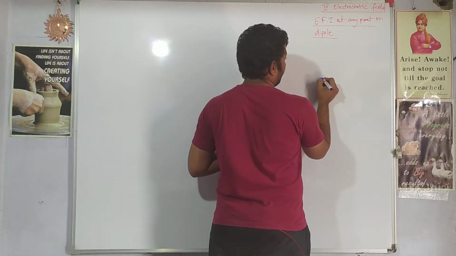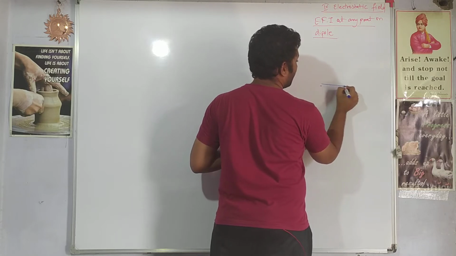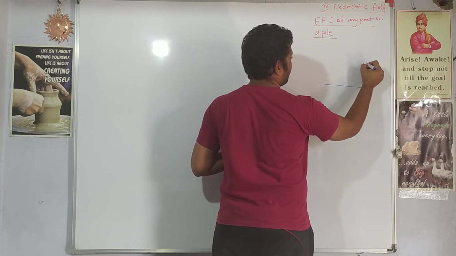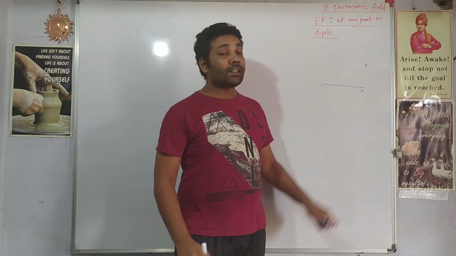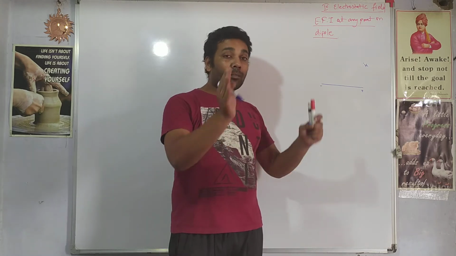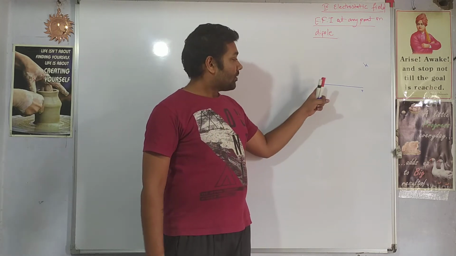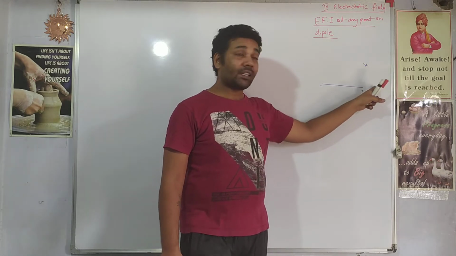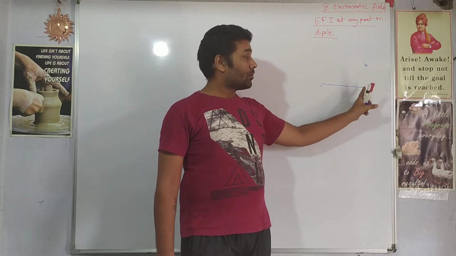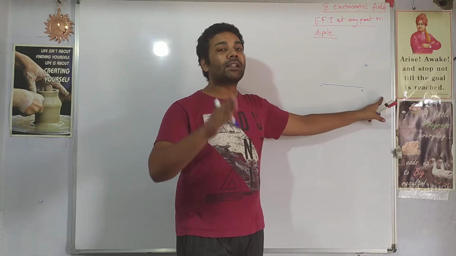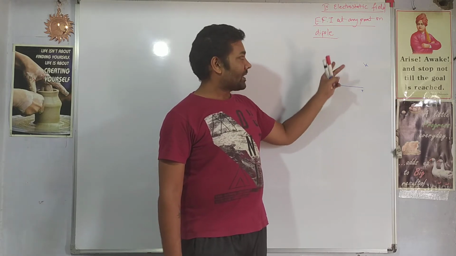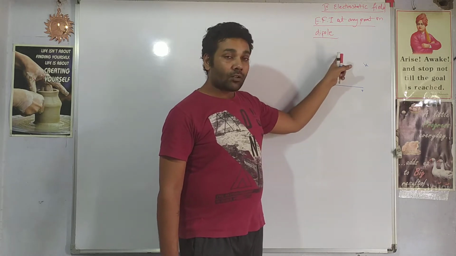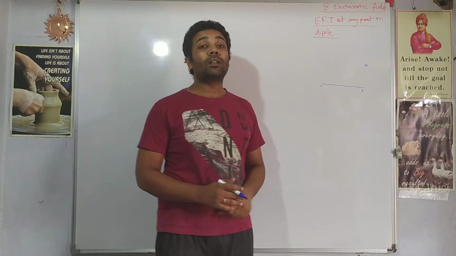So let us say we have been given a dipole, right? And I want to calculate electric field intensity at a point K. Now, in the previous two derivations, what did we do? We did find electric field intensity at a point, let's say on the axial line. So we found electric field intensity due to positive charge, then due to negative charge, we did algebraic simplifications. For the second derivation on the perpendicular line, what did we do? Again, electric field due to negative charge, electric field due to positive charge, and then the algebraic simplification.